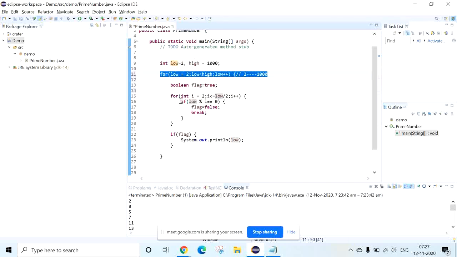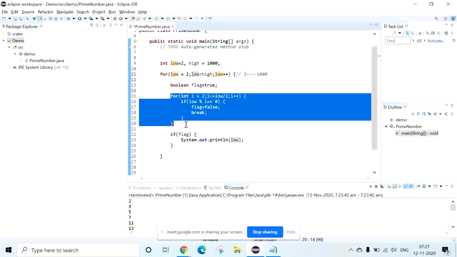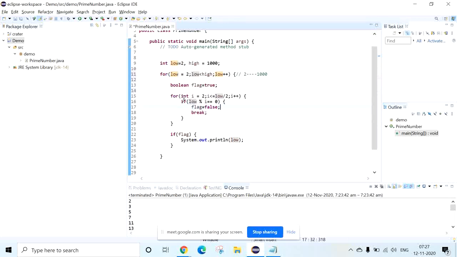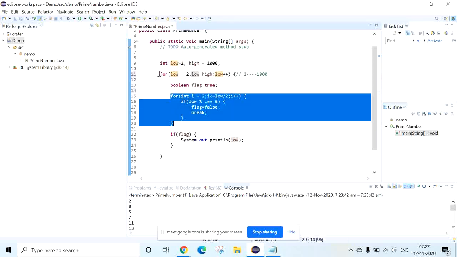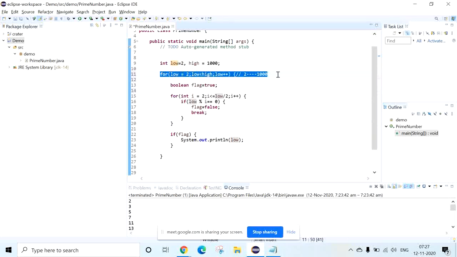This logic is the same as the previous one, because in the previous program we had given the number value here. If this condition matches, we take it out from there. See, the logic is the same, only one for loop we have added additionally.